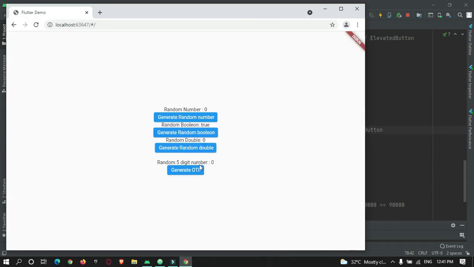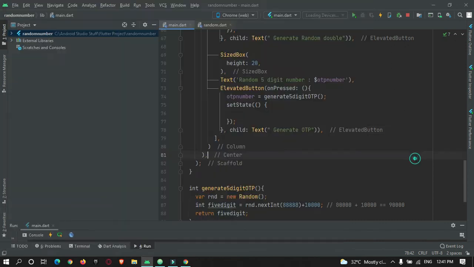Let's check. Okay, so random number, when I press on this button, you can see the 5-digit random number got generated. Every time you press on this button, only a 5 digit number will get generated as you have defined over here.